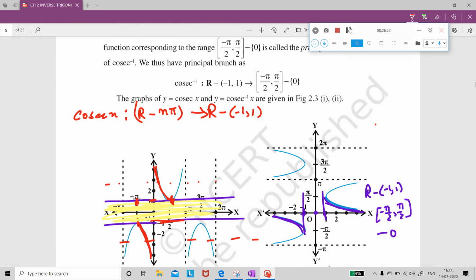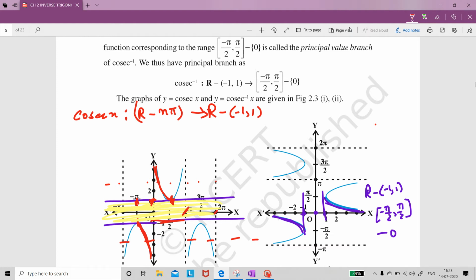Now we know that the domain of cosec x is R minus n pi. That is whole R, but all the points where sin x is 0, at those points the cosec function is not defined. That means at this point, at this point, at this point, cosec function is not defined, and therefore we have to subtract n pi from its domain, and its range is R minus (minus 1 to 1). That means this yellow part is minus 1 to 1. This has been deleted, and this function, as we have seen, is not one-one.